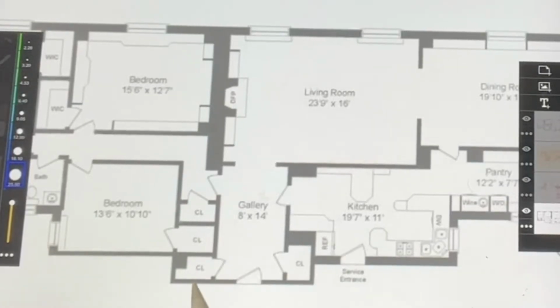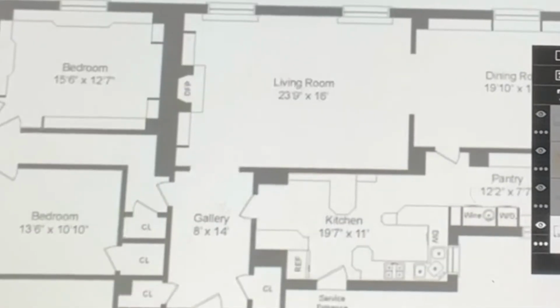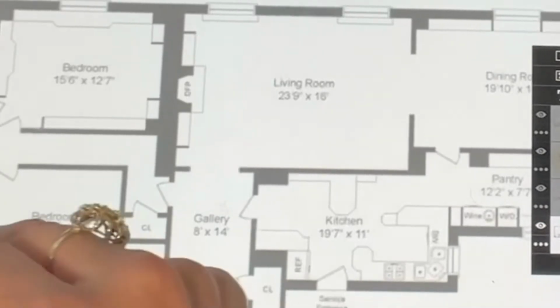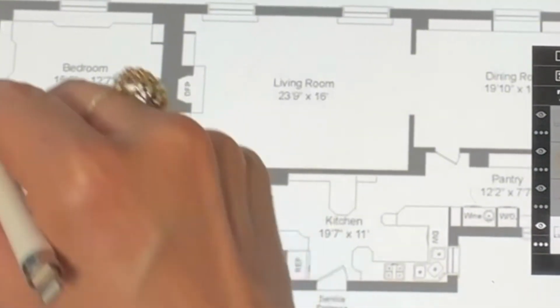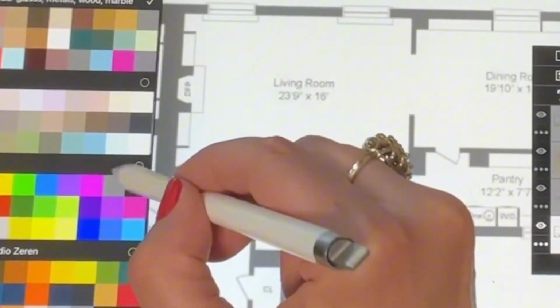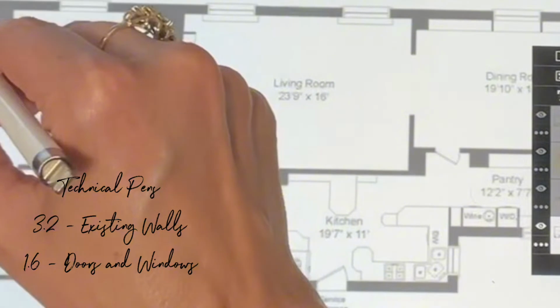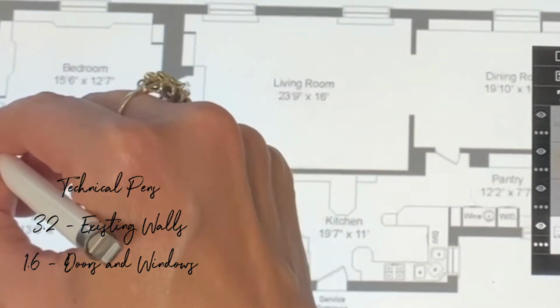So you've received your Realtor plan. I've already imported it here into Morpholio Trace. And what we're going to do is start on the existing conditions plan. So what I like to do is set up a layer. I use the technical pen here. I use it in black, and I set my pen weights to